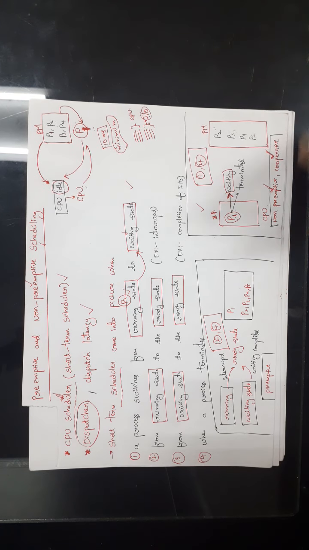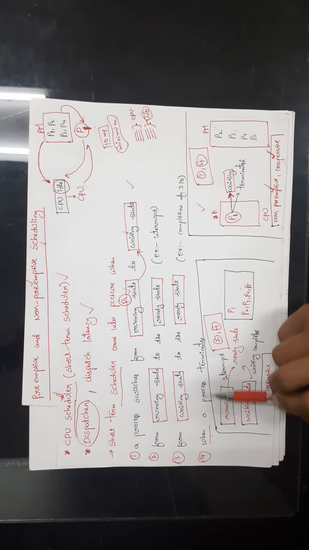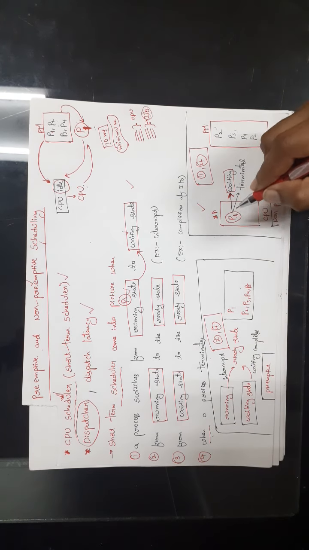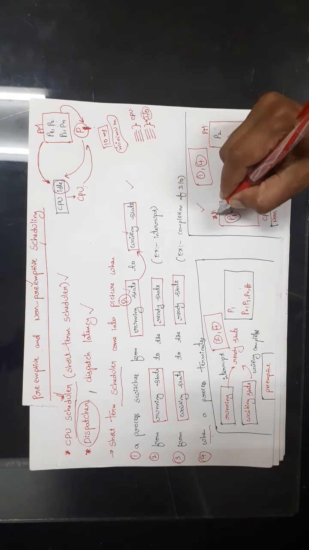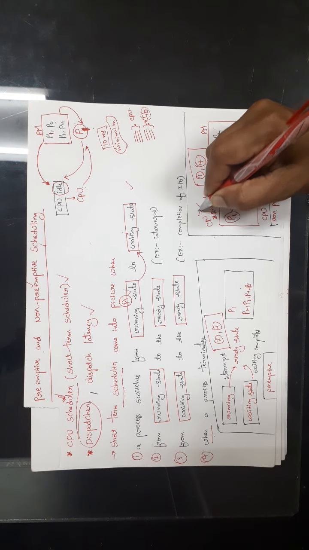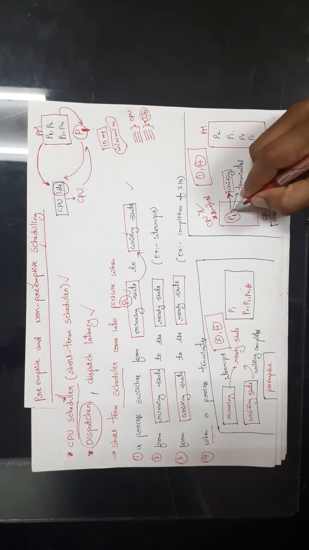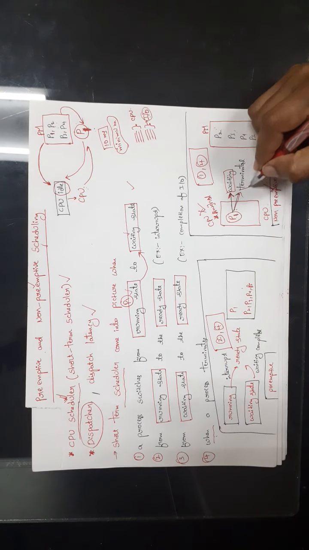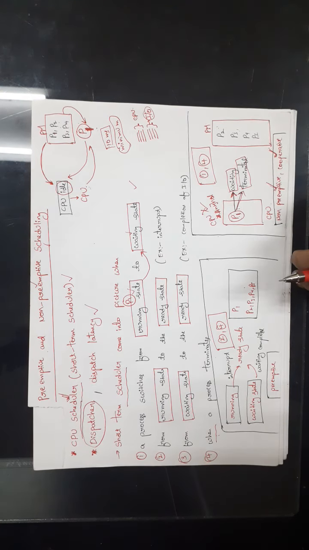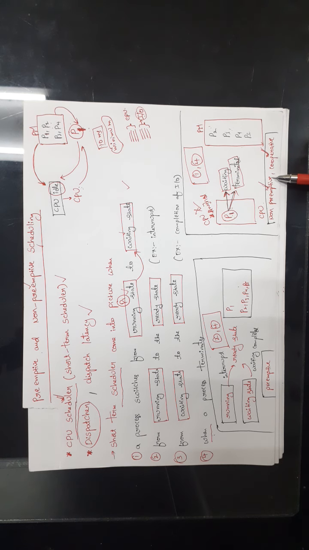Okay, and here if you observe the fourth situation, when a process terminates, that means here P1 completed its execution. P1 finished its execution. That means it does not require CPU at all. Okay, that means we can take CPU from it. So when process P1 terminated, then we can take CPU from it, because process P1 does not require CPU now. So this is also called non-preemptive or cooperative scheduling.